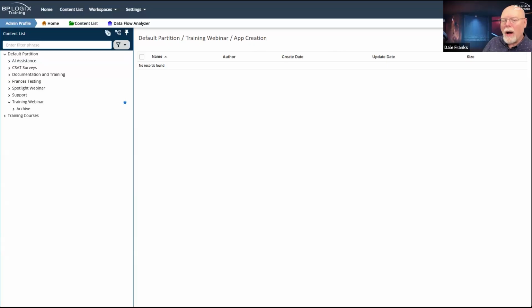Now, what I should start with is that most of what we're going to talk about today in terms of getting your application set up, you should not be doing on a regular basis, which is to say you should have done it once and then created a template in the template library so that you can get a head start on all of the basics of creating an application, right?